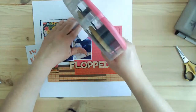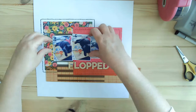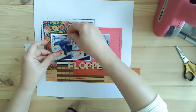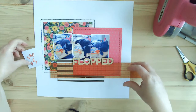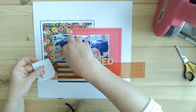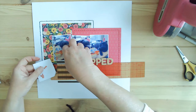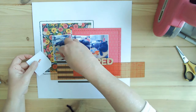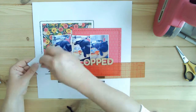All right, so I decided not to pop up any of my photos. All of my height or dimension on this, besides the stitching, is going to be a whole bunch of, what am I trying to say? Chipboard. So the alpha is chipboard, and you'll see the chipboard that I use. It's also from the Patio Party. So I'm using the alpha that I had used last week as well, and I'm starting it up here